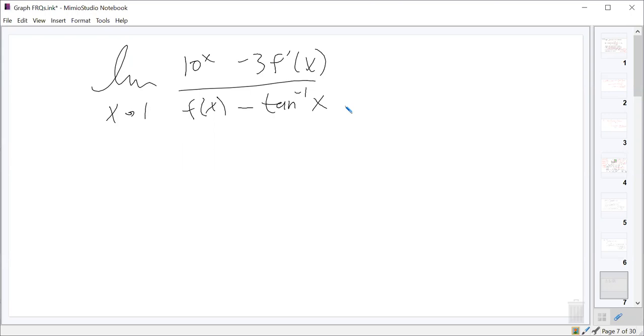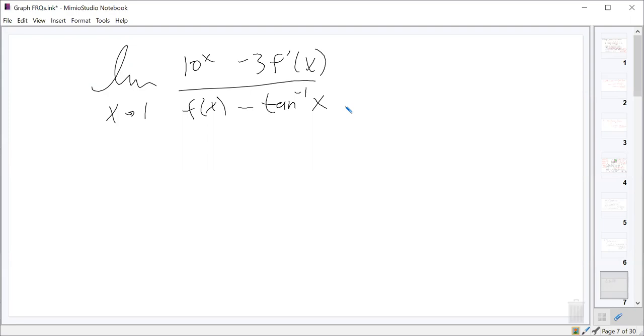Plug in the 1, plug in whatever number they give you, and see if it's actually indeterminate. Because if you get a number, then you're done. In this case, this one is not indeterminate, so I think this is a pretty easy problem. I think they're banking on people missing this by going, oh, it's probably indeterminate, because most of the time they give indeterminate ones and people don't plug in the 1. They want to see that the first thing you need to do is plug in that value, which is why